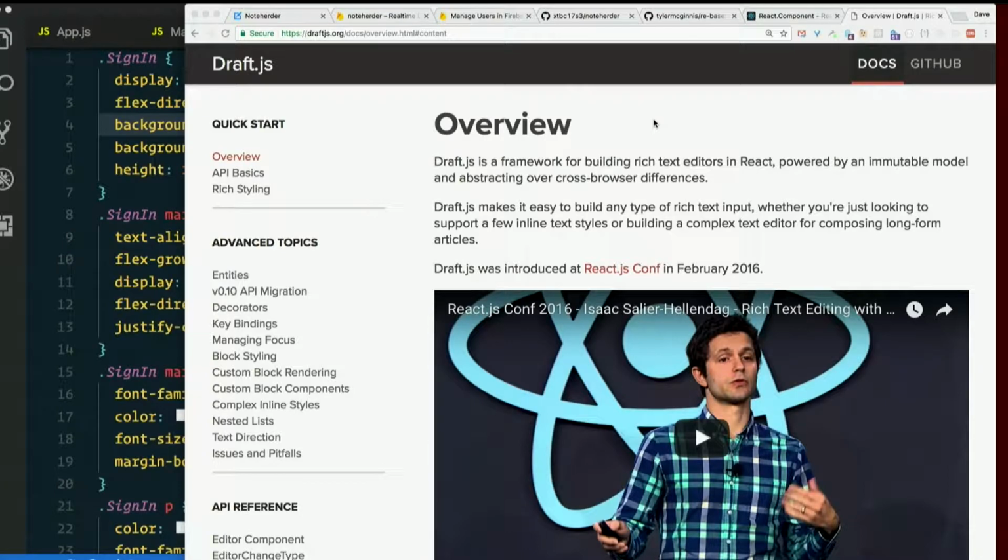Now, the nice thing is it holds more than just the text. It also holds things like where you left your cursor and if anything was highlighted and all that kind of stuff. It's a very sophisticated editor. But if we needed something that doesn't use React to also be able to read that thing, like we had a mobile app that for some reason wasn't using React, and we needed to be able to read that straight from Firebase, it wouldn't be in a readable format. But there are editors made out of Draft.js that give us rich text in a format that we might be able to do something with, such as